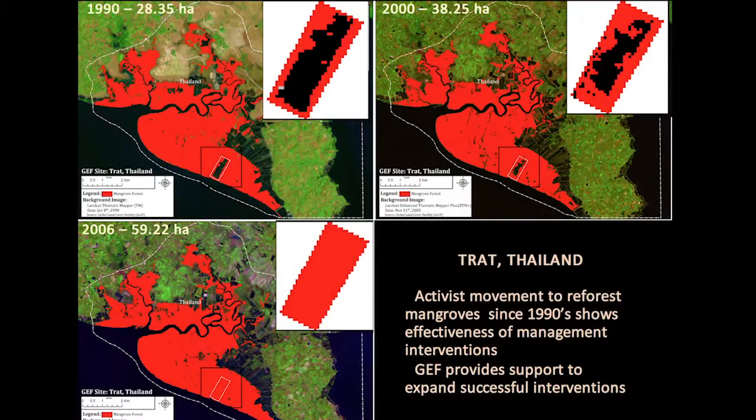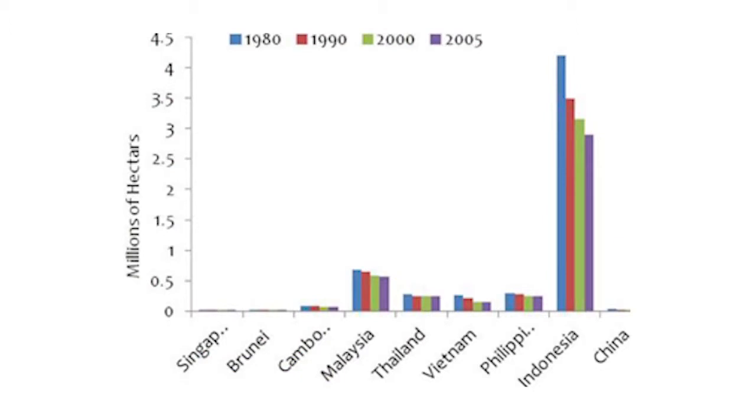Now, what did all of that mean? How did we put all that together? What we found basically is that indeed there had been an improvement of the conditions of the mangroves in the areas that GEF supported, while at the same time there had been decrease of mangrove coverage in the countries and all over Southeast Asia. We found out basically that it took about 5 years or so for these interventions to work, and that these interventions of mangrove protection did work.